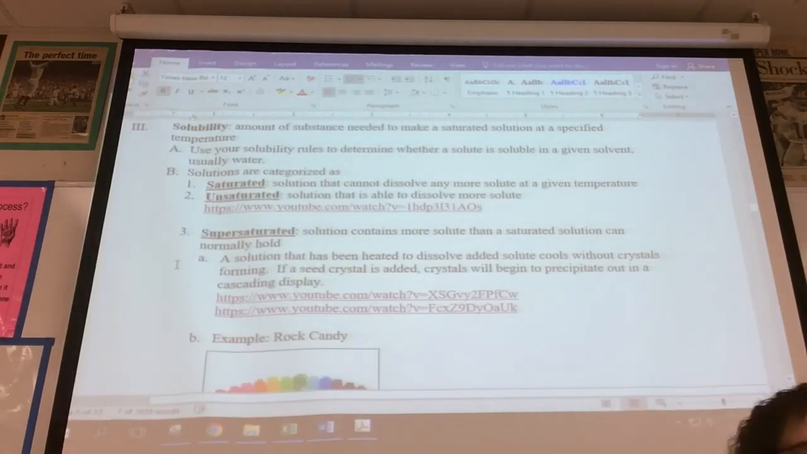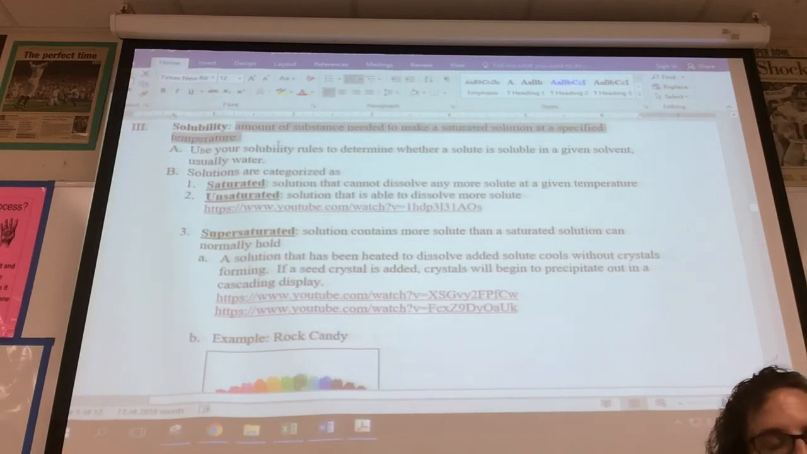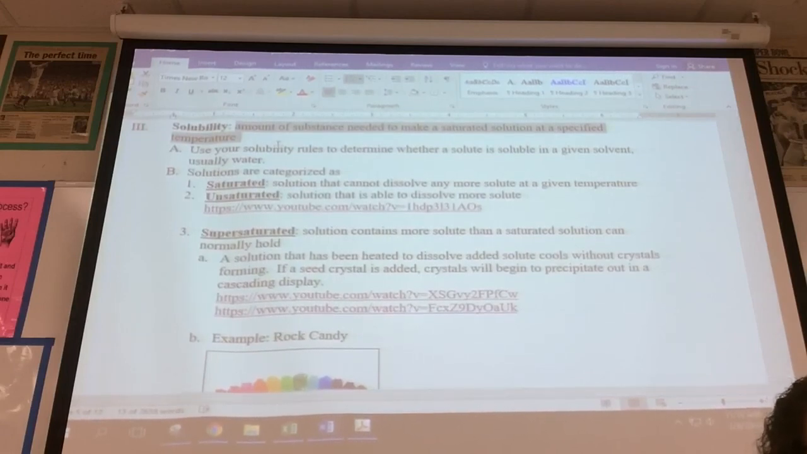There are a few terms we want to define here so that when we look at the graph, we'll know what we're looking at. First up, solubility. This is the amount of substance that's needed to make a saturated solution at a specified temperature. When a solution is saturated, it has dissolved as much solute as it can. For example, when a sponge is saturated, it's filled with water. If you squeeze out that sponge, then you will release some of the water and you will have an unsaturated